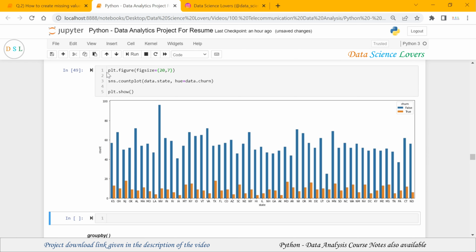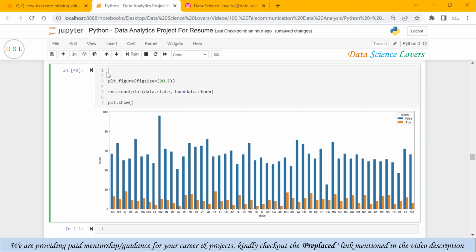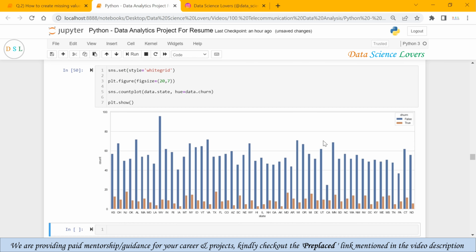Now we can use an additional function here from the Seaborn library, which is set. So sns, our Seaborn library, dot set, and here we will change the background of this plot, and we will give the white grid in the background. So we can use the parameter style inside this set function, style equal to whitegrid. After running this, you can see the changes. Notice these horizontal lines are present now in the background.